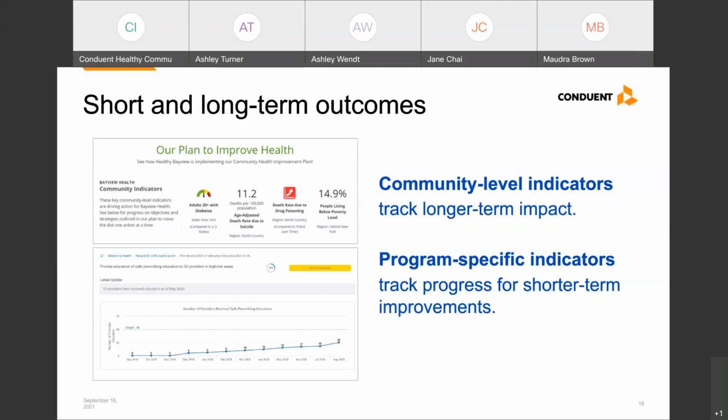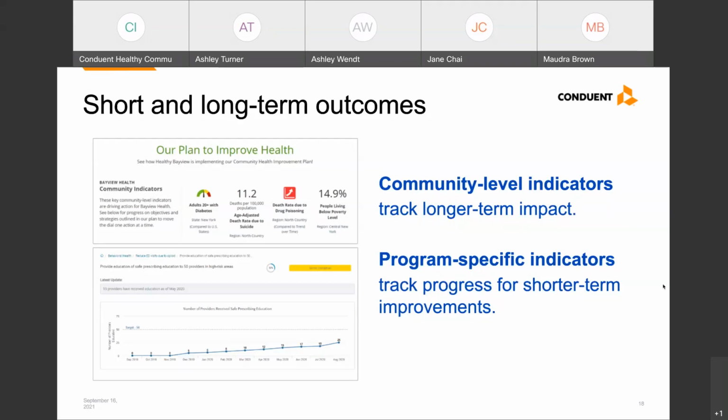Program-specific indicators will measure short-term outputs or outcomes for a program. For instance, the number of people who completed a diabetes management class or the percentage of participants who showed an increase in knowledge after participating in that class. There is often confusion or anxiety about which one to track. We find you really need to track both. Community level outcomes give us an overall picture of what is happening in our community and whether we're getting close to our goals and vision. Program-specific indicators give us more real-time input about actions we're taking to impact short-term objectives.